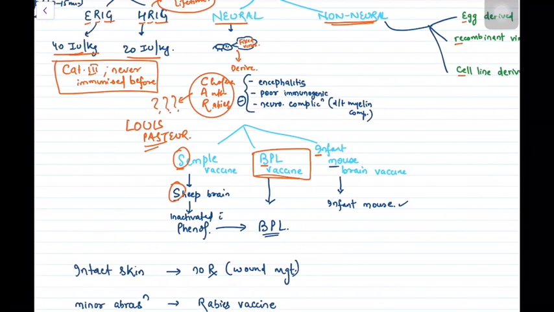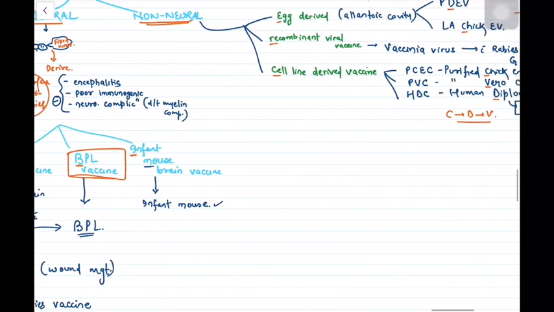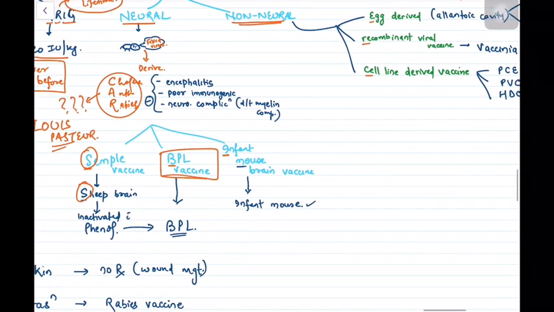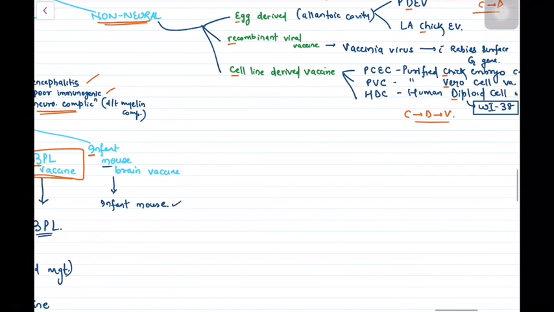Then coming to non-neural vaccine. Here now, what was the disadvantage of neural vaccine? That we shifted over to non-neural vaccine. This neural vaccine was encephalitic. It has poor immunogenic property and it led to certain neurological complications due to the myelin component in the vaccine. So we shifted over to the non-neural vaccine, which included the egg-derived vaccine, recombinant viral vaccine, and the cell line